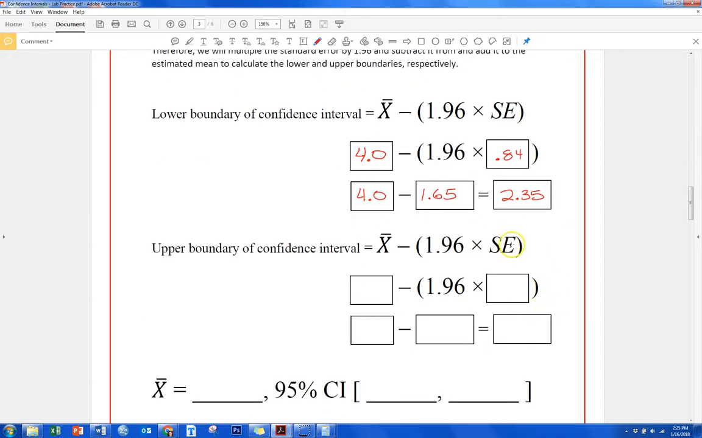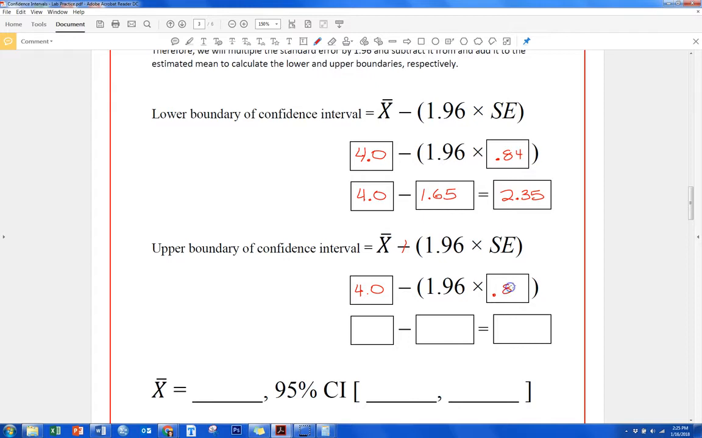What about the upper boundary? Okay, so here, actually, you know what we're going to do? There's a typo right here. We're actually going to be adding. So we're going to take the mean. We're going to add the 1.96 times the standard error, because we need not the same value. It's going to be higher. So the mean is still the same, 4.0. That's 1.96 times the standard error,